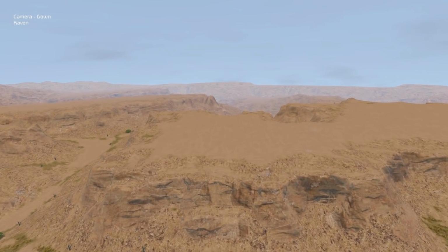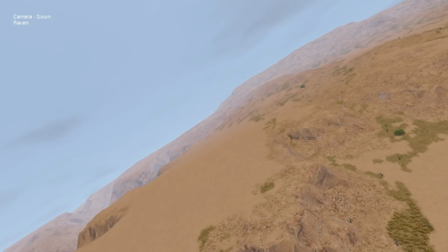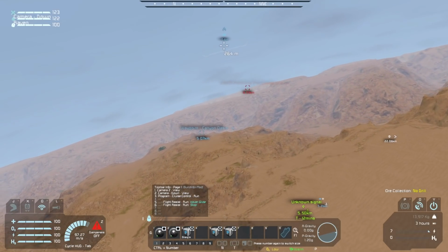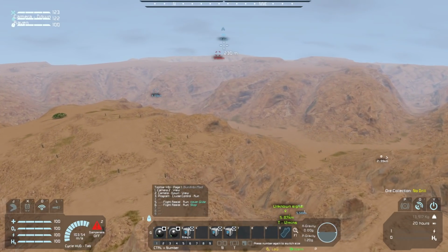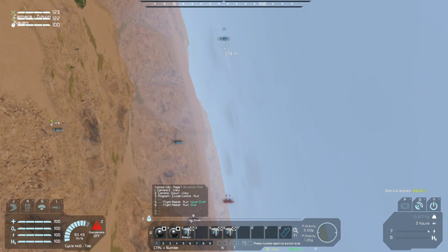Oh, I'm probably gonna have to take the... oh, how am I gonna negotiate the Mastodon into this canyon? That's gonna be a real question. And also, there is a resource processing station on the way. Okay. We will